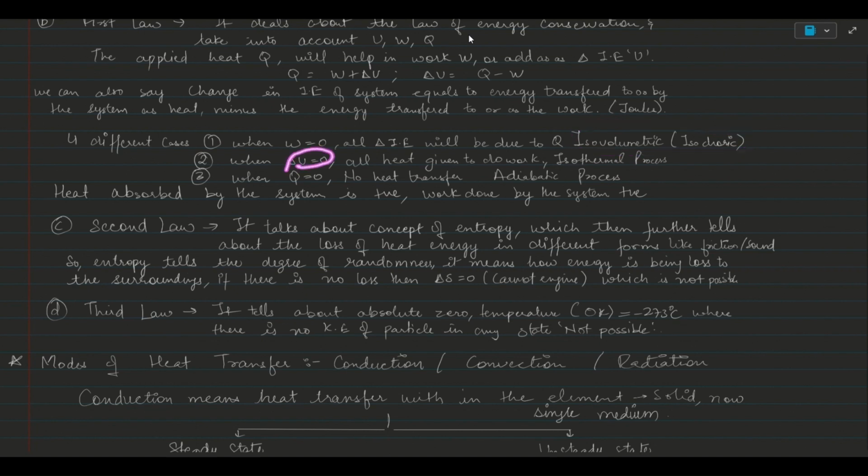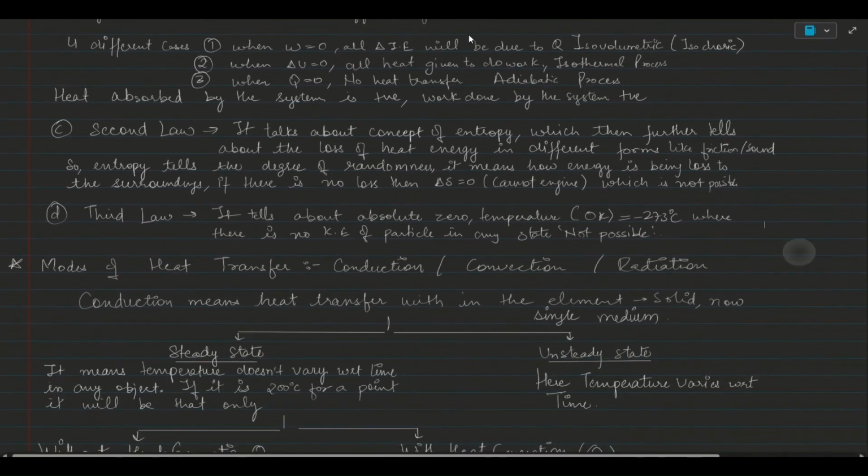When the change in internal energy is 0, then whatever heat is provided is converted into work done, and we say isothermal process. When there is no way to transfer heat in or out of the system, this is known as the adiabatic process. Means no Q can go inside and no Q can go outside. That's the adiabatic process or adiabatic system. The fourth one, which I haven't discussed, is an isolated system, where everything is 0.